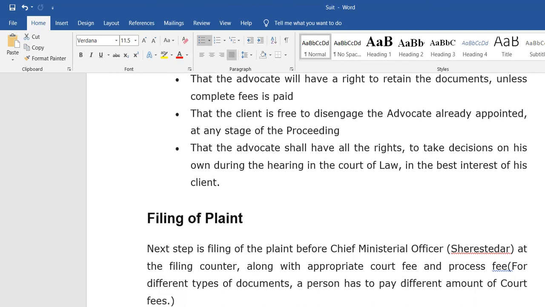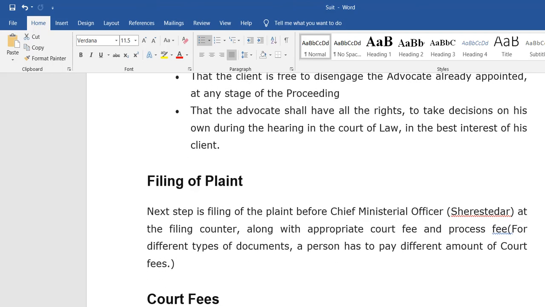So your Vakalatnama has been completed. Then you are coming to the point of filing the plaint. So the next step is you are filing the plaint before the chief ministerial officer, which means the solicitor, at the filing counter, along with appropriate court fee and processing fees.